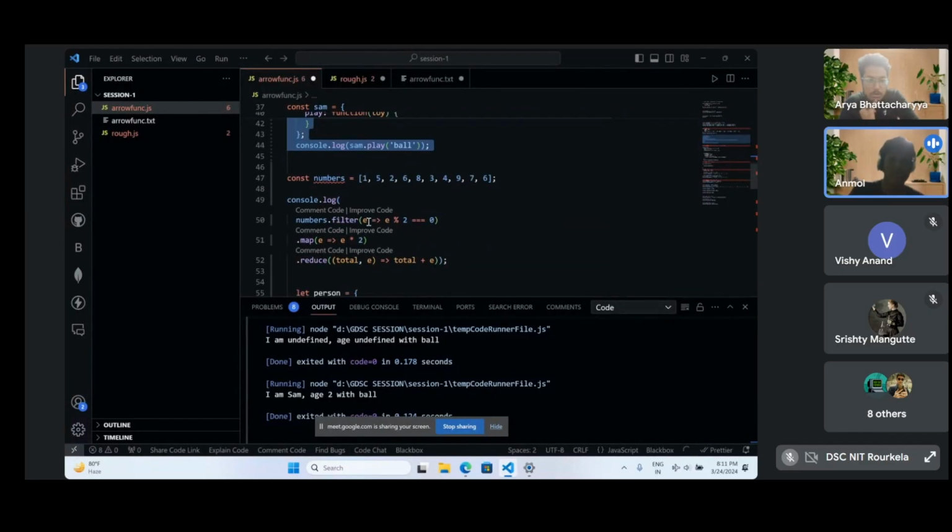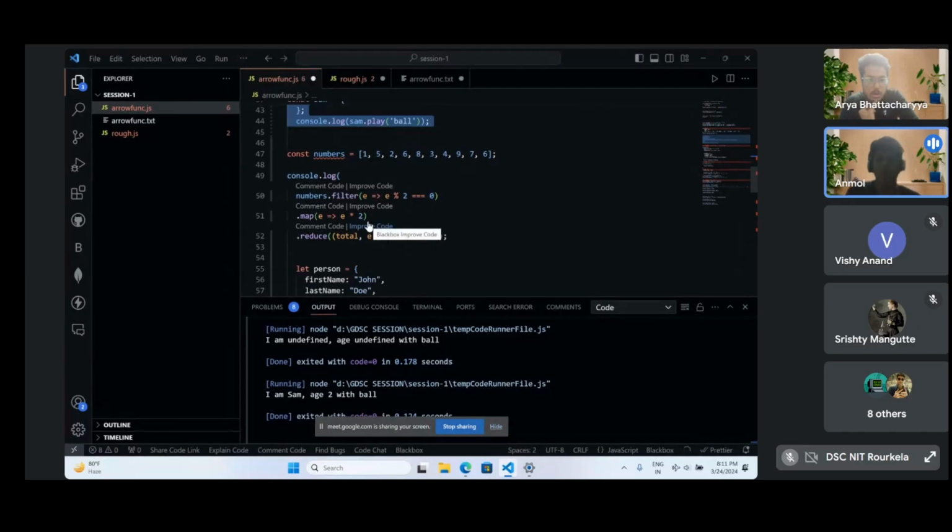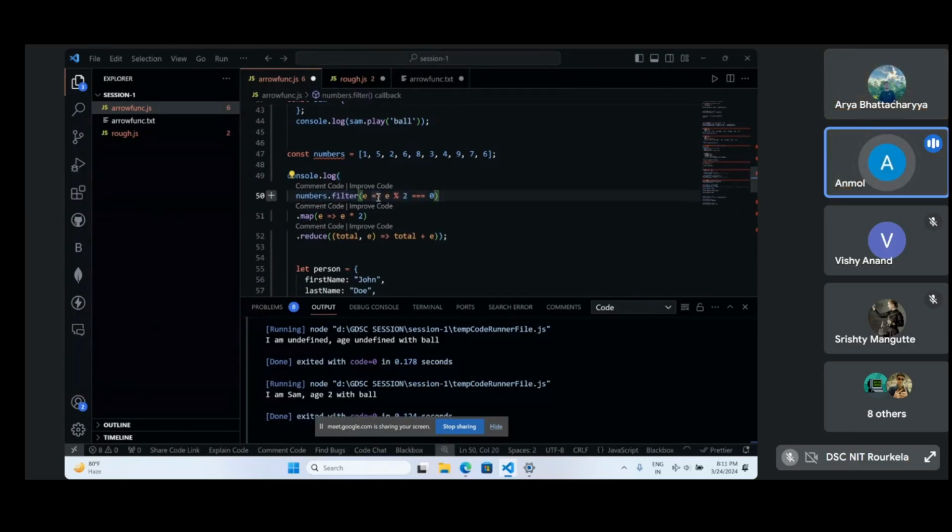Now the other thing I will talk about is, if you are aware of the concept of .filter, .map, .reduce, these are some small inbuilt JavaScript functions that can be used to solve problems. In filter, in this function, e divided by 2 is equal to 0 (e % 2 === 0).